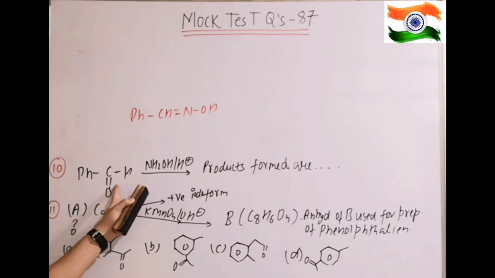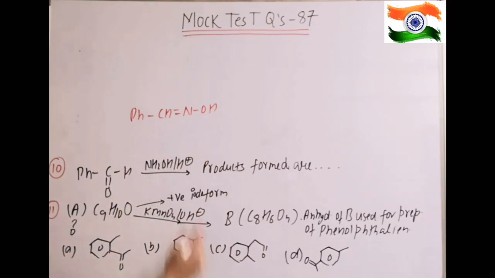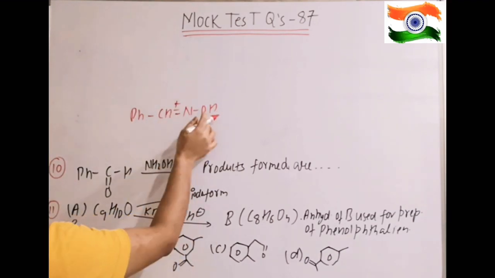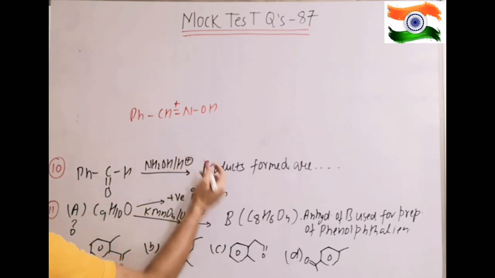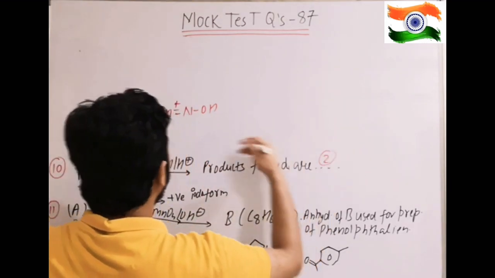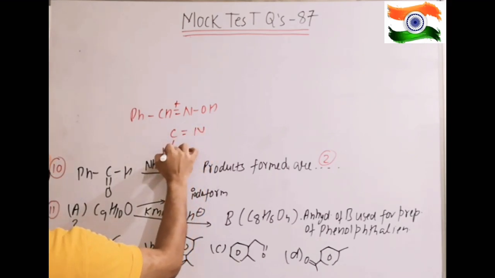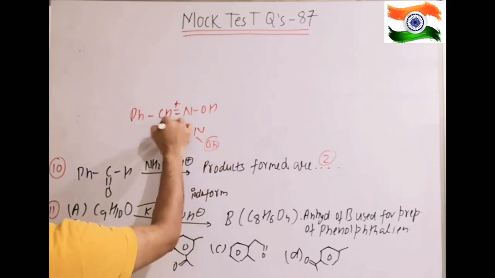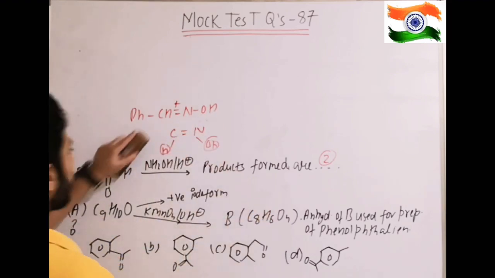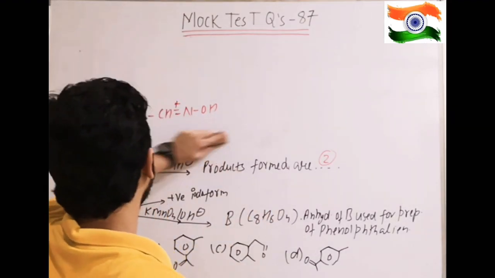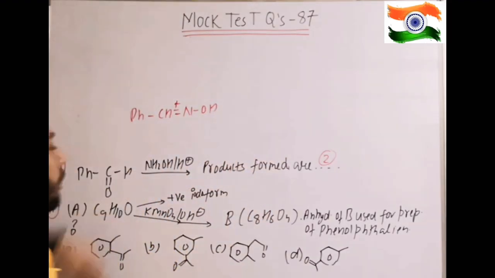Hydroxylamine with a carbonyl compound gives oxime formation. Now this oxime has a geometrical center, which means two products are formed. One is the syn form, where OH and H are on the same side, with the lone pair there, and the other will be the anti form. That question is covered in geometrical isomerism at the end.